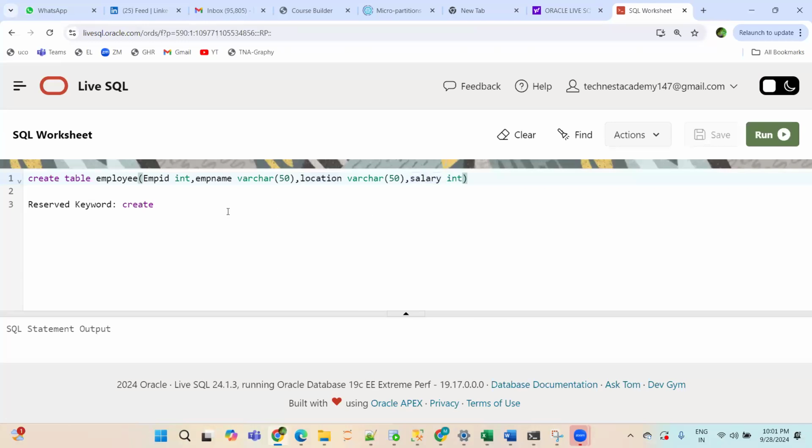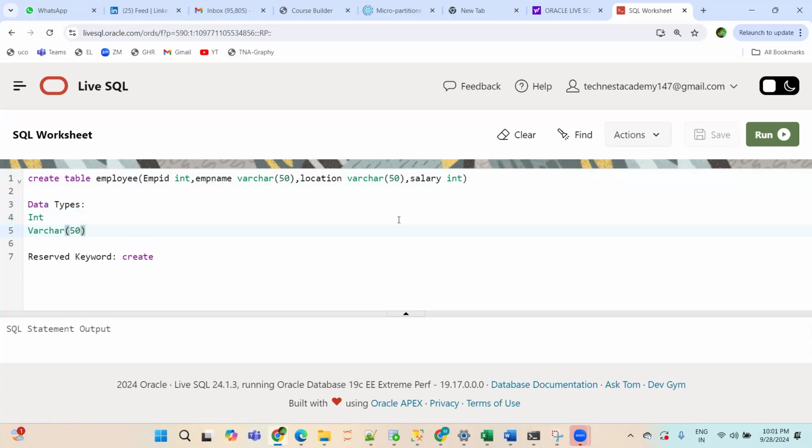So in SQL, in front of each and every column, you have to mention the data type. Int, varchar, these are known as data type. But don't think that Tanvi has covered data type.